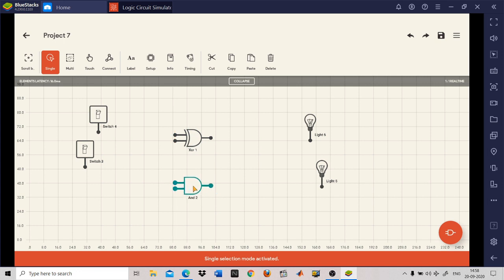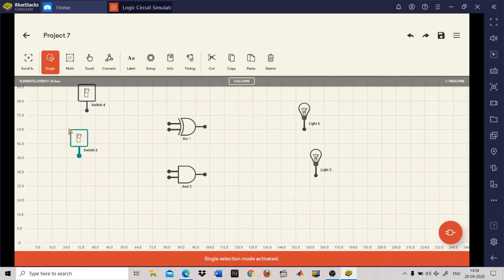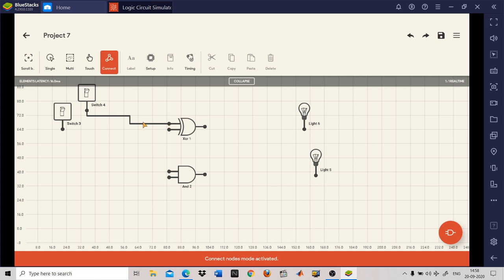Now okay. So now you have to make the connection. If you want to make the connection, how are you going to make the connection in the logic circuit? For that, click on the connector. When you click on the connector, you place your cursor on this dot and on the first input of the XOR gate, and you can see this wire comes automatically. Similarly, if you want to make a connection between these two dots, you place your cursor here, and again you place your cursor on this point, so again a wire comes automatically.